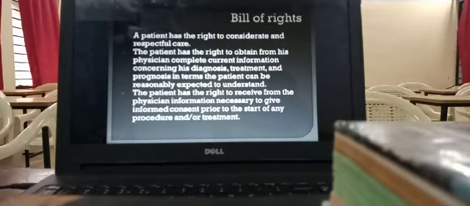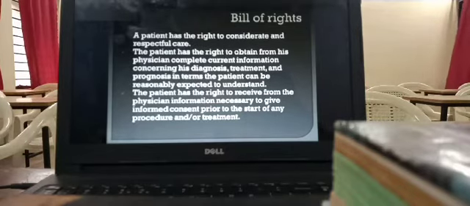There are a few points in the Bill of Rights. This was created to guarantee the patient's freedom through a specific statement of rights. In every hospital, sometimes we even see in our hospital also, we have patient rights boards at the entrance and even in the OPDs. This is displayed for the patients to know what rights they have during their course of treatment.